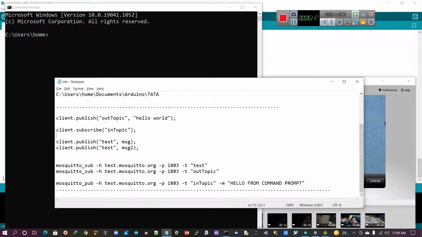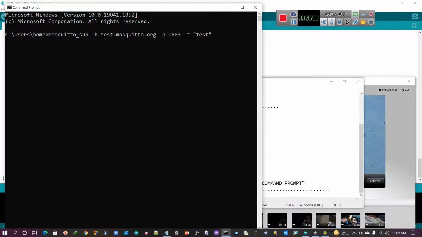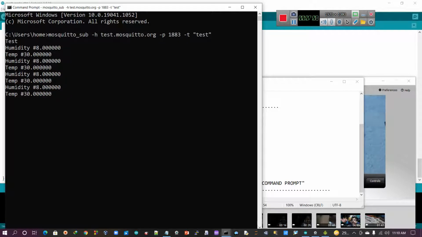I am copying and pasting this: mosquitto_sub -h test.mosquitto.org -p 1883 -t test. Now hitting enter, what is happening? Yes, definitely it is going to receive that information, temperature as well as humidity.